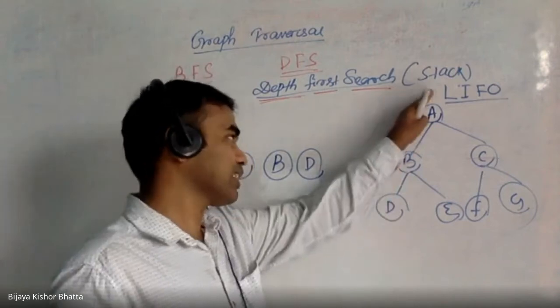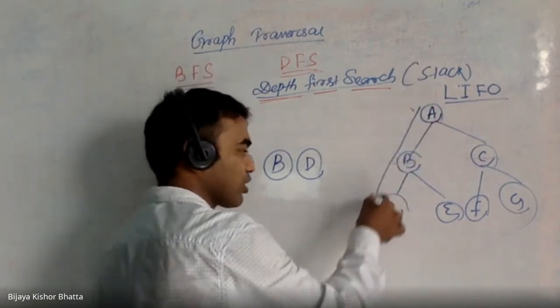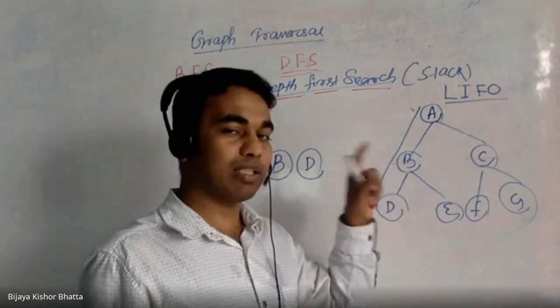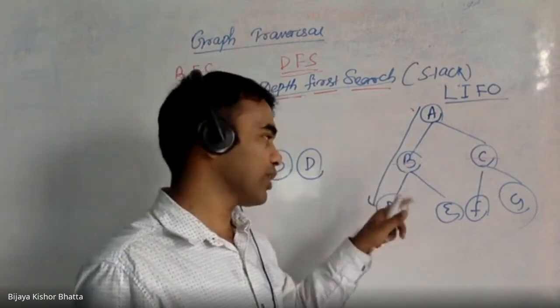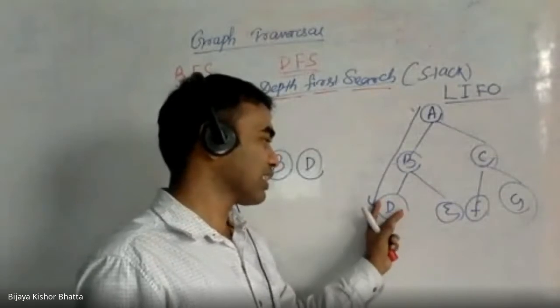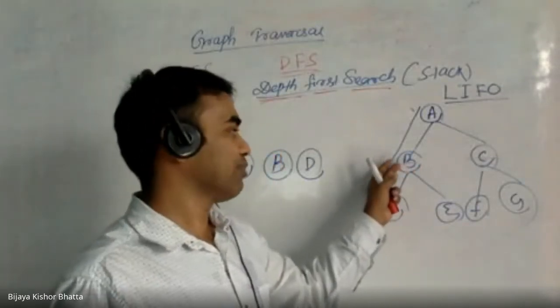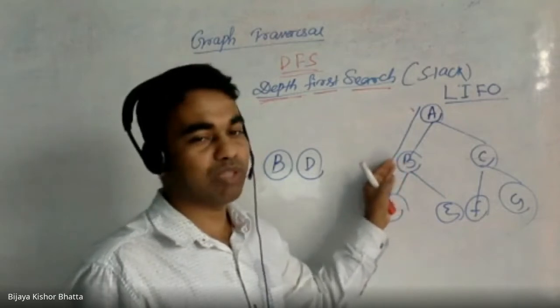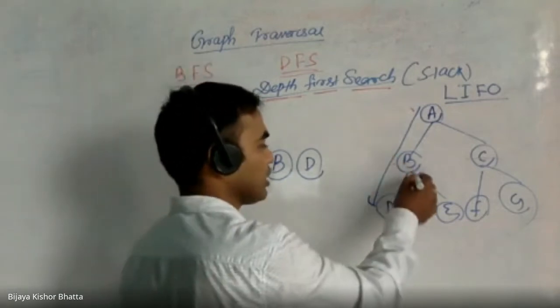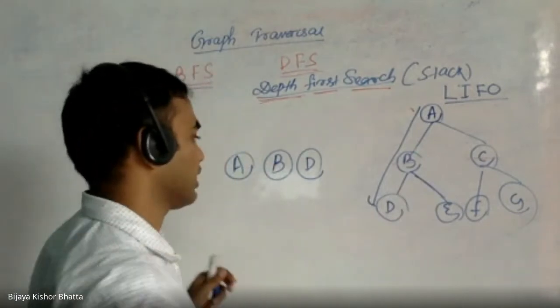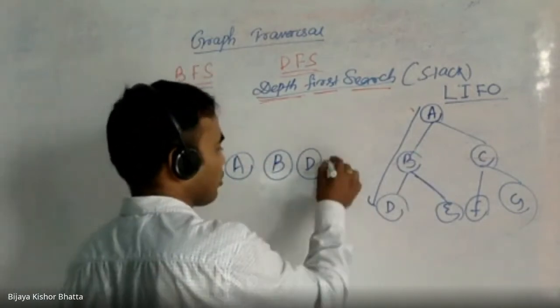Once I'm done with this depth, if you see, this depth is completed. Then I will traverse back. This is where the stack will be used; the stack will keep track. Once D is processed, now it is the turn of B. Let's see if there is any depth associated with B. Yes, there is one more depth, which is E. We'll take the stack later, no need to worry. Let's just understand first, then we'll take the stack and understand.